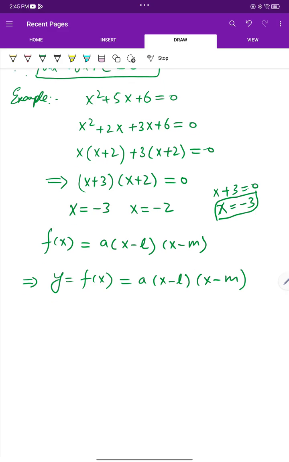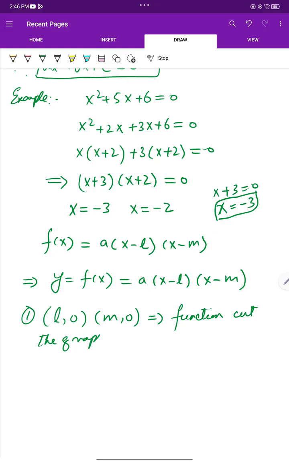So there are certain conditions. The first one: if you are given a point, L, 0, so what does it mean? It means that the function, for example, if you are given,